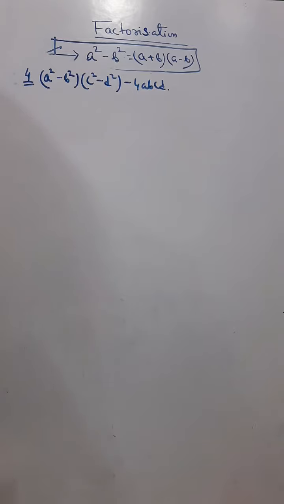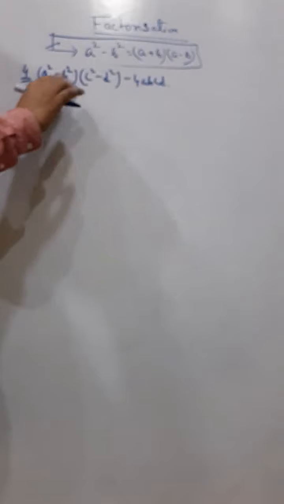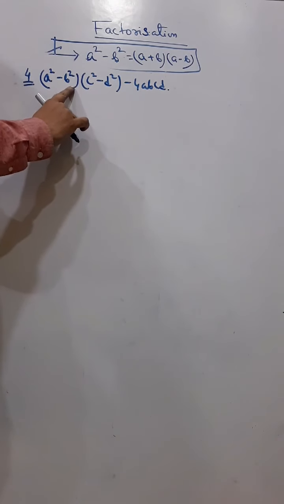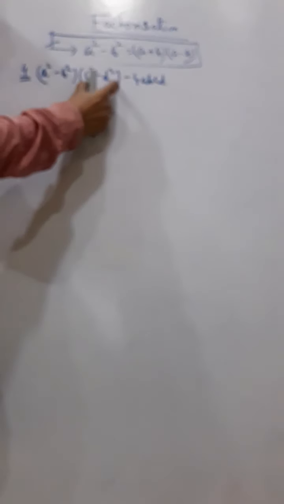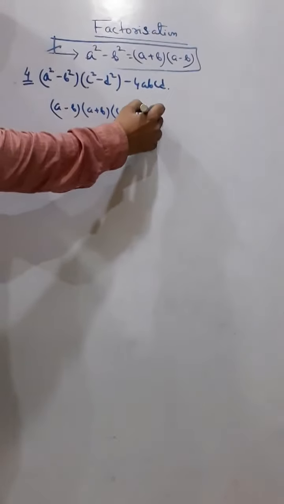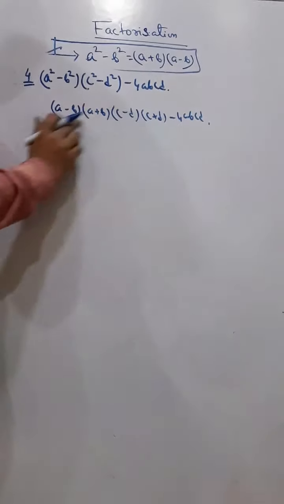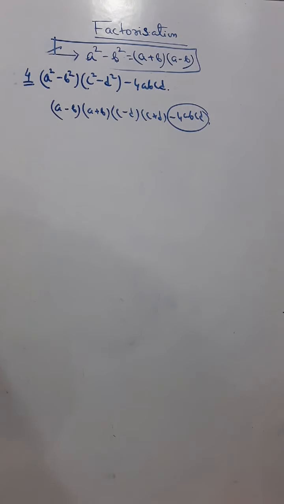Okay, now this sum is a very important sum. Here in the first one you can see that you can't do anything. If you convert this into a minus b, a plus b, there is no use after that. Now if you write here c minus d, c plus d, then what to do after that? It will not get factorized after that. Suppose somebody may think in this way, because in factorization all should be in multiplication form. So here, what to do with this part then? We don't have to do it in this method.